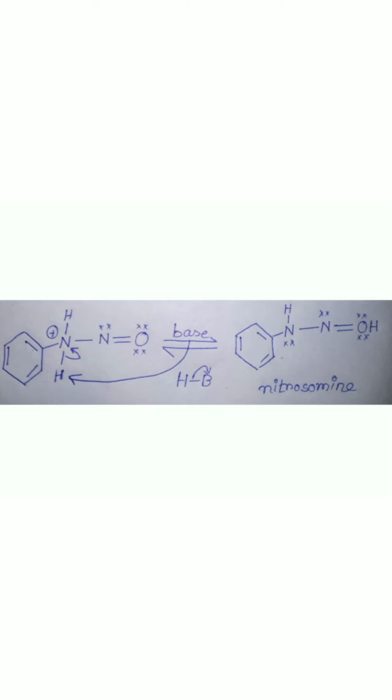Now we break the compound on a structural basis, like the phenyl group, NH2NO. Here we add a base, HB. The corresponding H will get removed and B minus will be left behind, and the H will attach to the corresponding oxygen, and the nitrosamine will be formed. The next step, the B minus left behind, the base, will react with the H of the NH